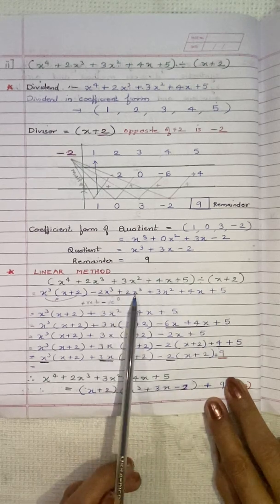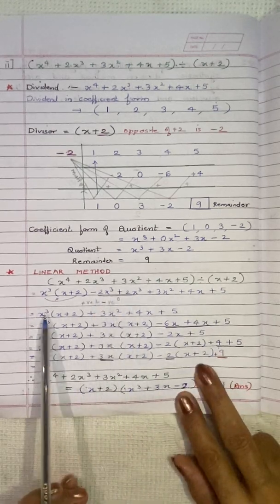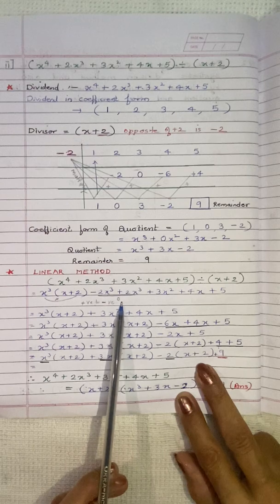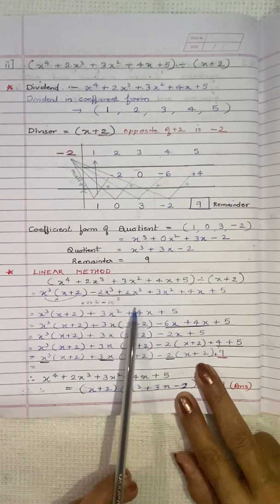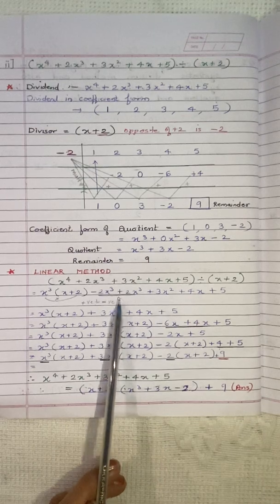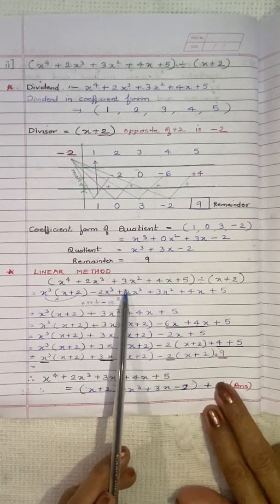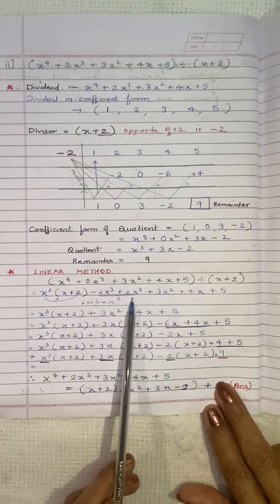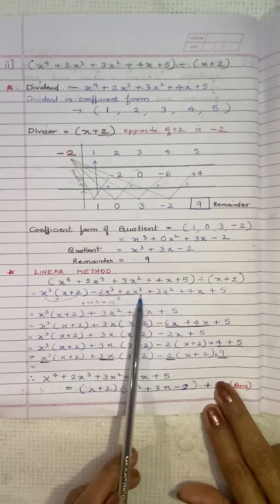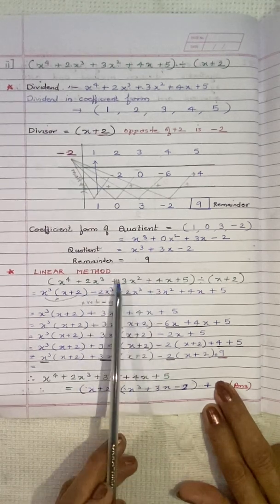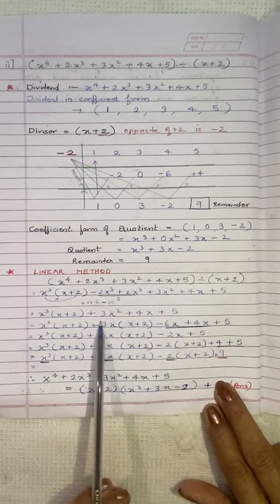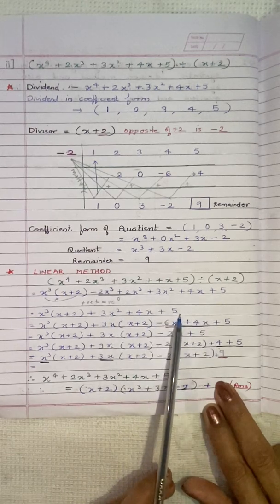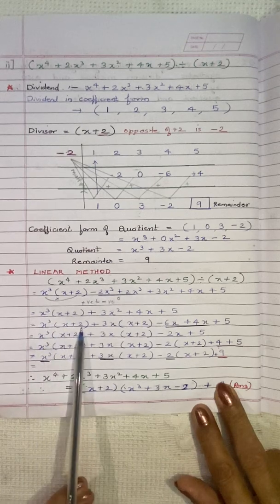Now here we have got like terms, so in the next step we'll solve these like terms. We'll copy this as it is, then negative 2x square to x cube plus negative 2x cube plus 2x cube gives us 0, and we'll copy the terms as it is here. So this term is gone. Now the rest of the terms we will copy down as 3x square plus 4x plus 5. Now this we'll write as it is.